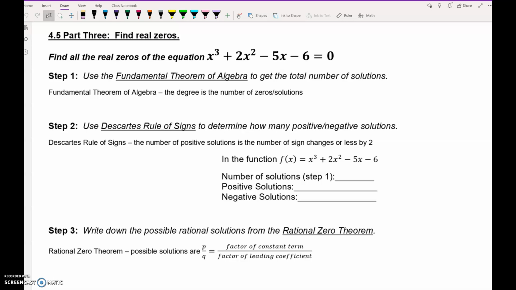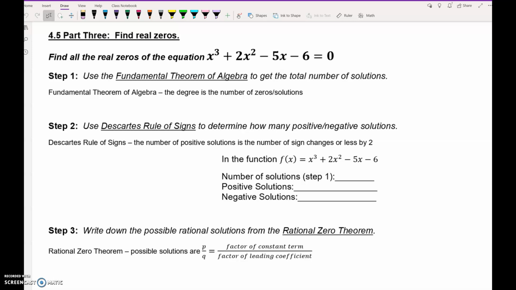And we're going to be using the fundamental theorem of algebra, Descartes' rule of signs, and the rational zero theorem. Those terms all sound scary, but they're really not that bad. And you don't have to memorize the names, you just have to know the process for how to do this. So our first example, I basically lined it up step by step, leading you through exactly what we're doing each